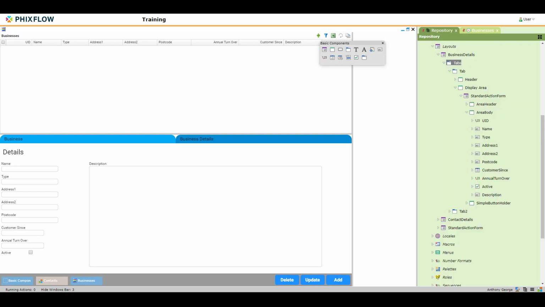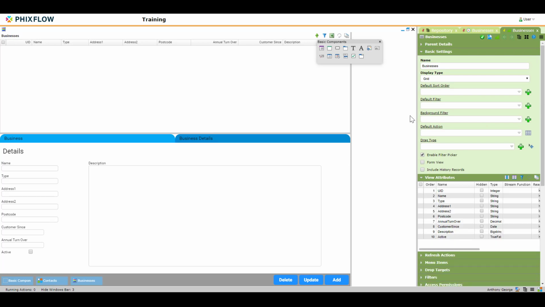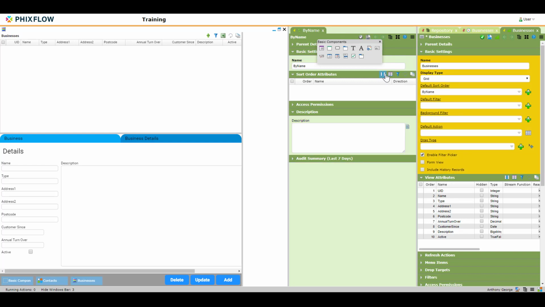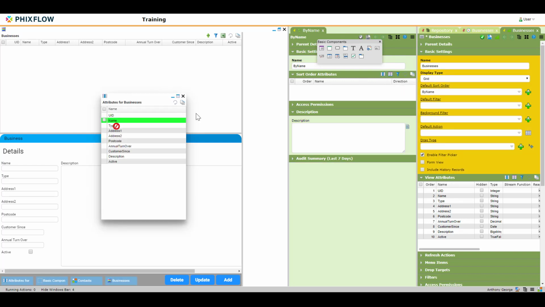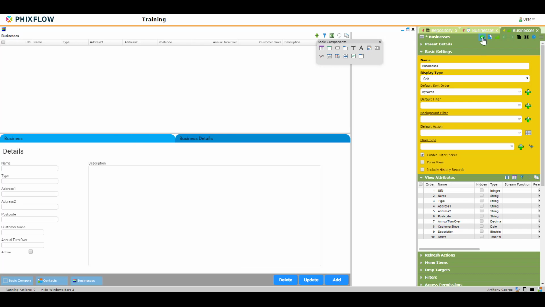Save your changes and we'll refine the business's view above. Right click and select show the stream view configuration, and this will allow us to directly edit the view. It's always a good idea to add a default sort order to any view. Give it a logical name and then select the attribute we want to sort by. In our case, we'll use the name. Save your changes